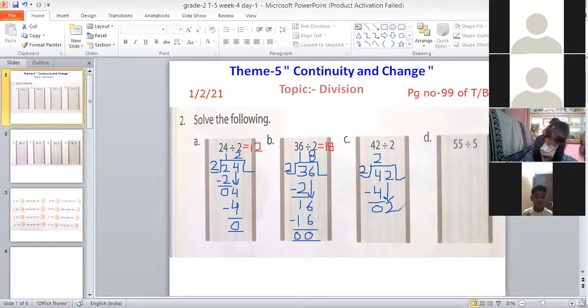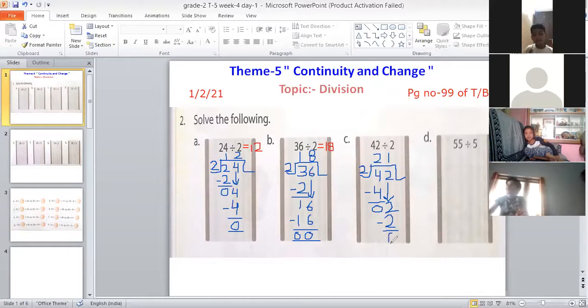Okay, Lohit, now tell me, can we get 2 in the 2 table? Recall the 2 table. Yes. When? 2 1s are 2. Okay, so 2 1s are 2. So we'll be writing this 1 above the 2, and we'll be writing this 2 exactly below this 2, and we will put a minus sign here. Okay, Lohit, now tell me 2 minus 2, how much? 0. So we'll be writing the 0 here. That's correct. Lohit, now tell me what is the answer?